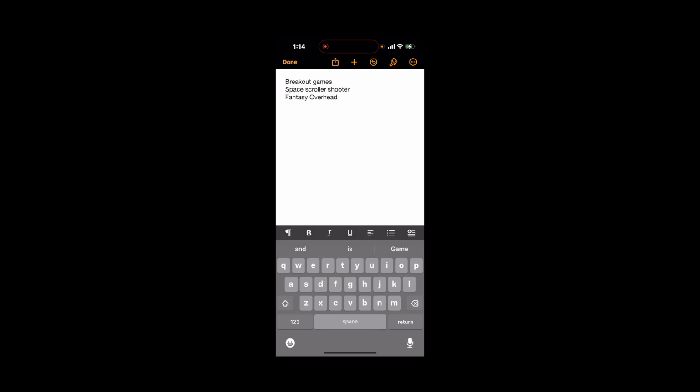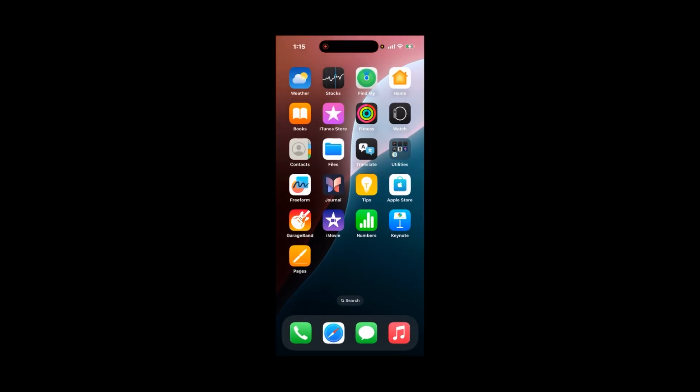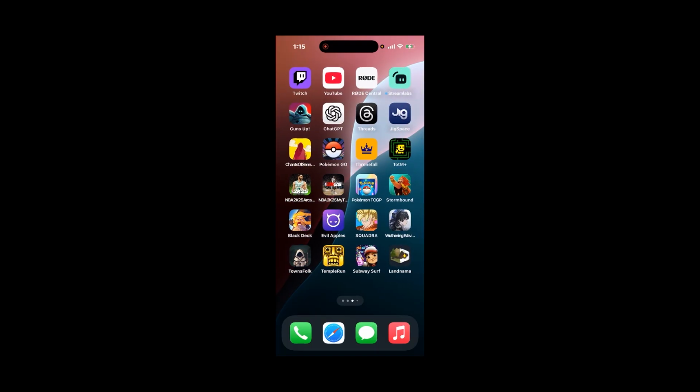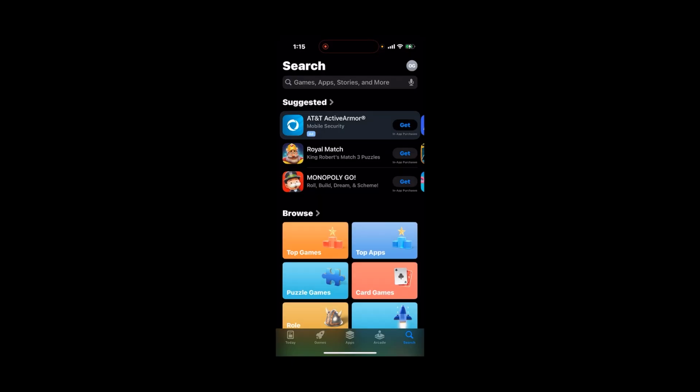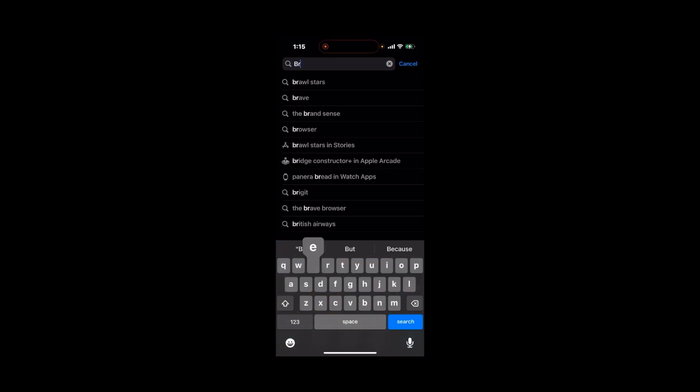And like the space scroller shooter, obviously. You're going left to right, almost like a platformer, but you're in a spaceship. And then fantasy, shooting at stuff, whatever. And then fantasy overhead, which might sound odd, almost like Diablo, but there's certain ones I'm thinking of, where you'd be looking at it from an overhead perspective, but you're like a knight or a wizard, and you're just walking around. Some of these descriptions are not very good of what I'm saying, but